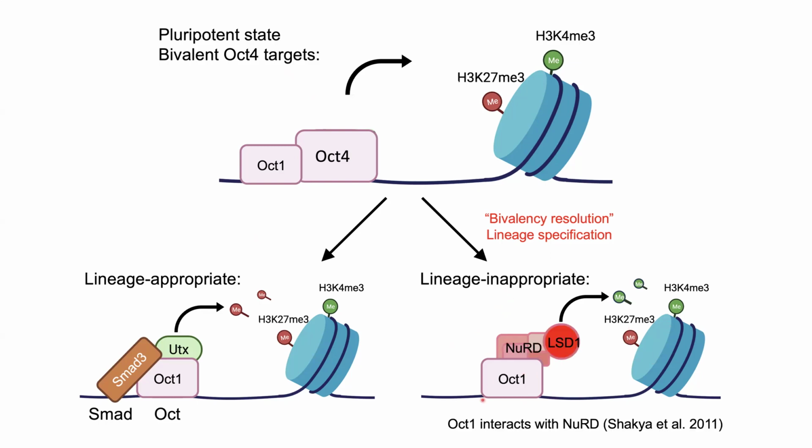We already knew that in repressed genes, OCT1 interacts with this repressive chromatin activity called NERD. We knew from the literature that NERD interacts with LSD1, which is important at enhancer elements in terms of its ability to remove methylated histone marks. And at this point, I'm going to have to do a tiny little razzle-dazzle and a tiny little sleight of hand because